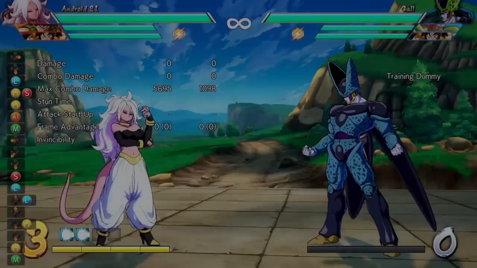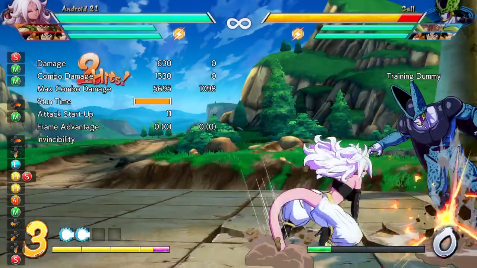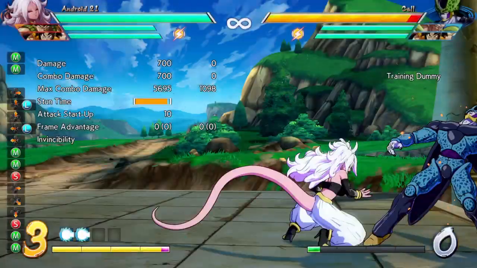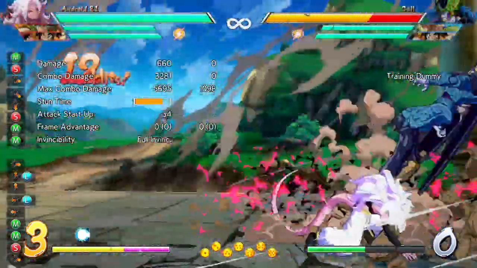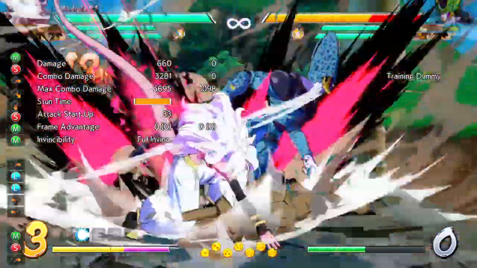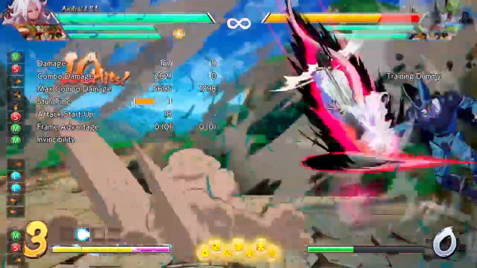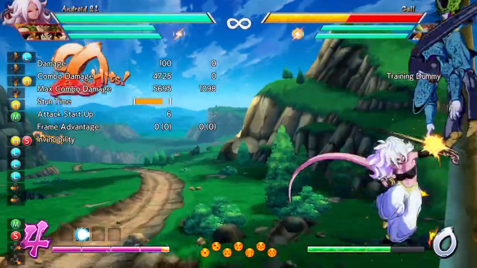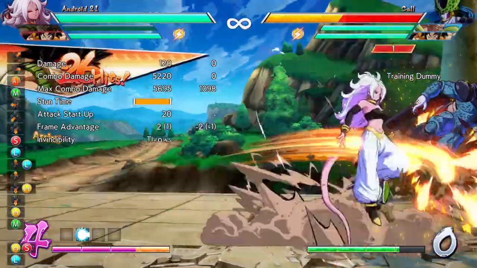Oh, I messed it up again. But you get the idea. It's just so much damage for... Oh my god. I mean, it's an M starter, but hey. It's a lot of meter build as well. Look at all the meter that Kame is using. That's a bunch. And if you don't drop your combos like me, you can get some nice damage out of this. I don't really get the chance to do it all that much, considering...